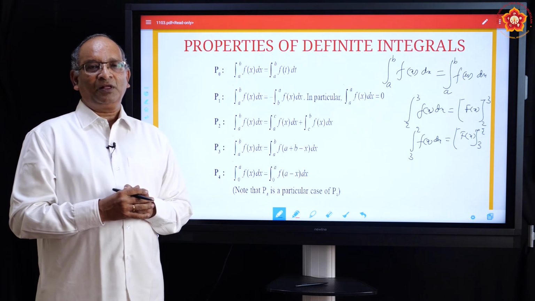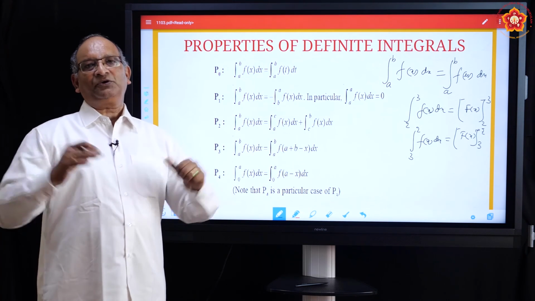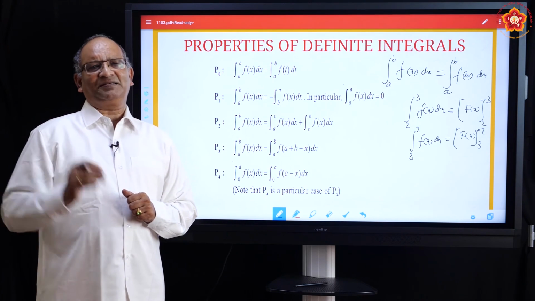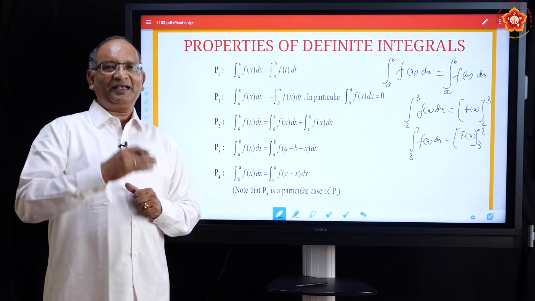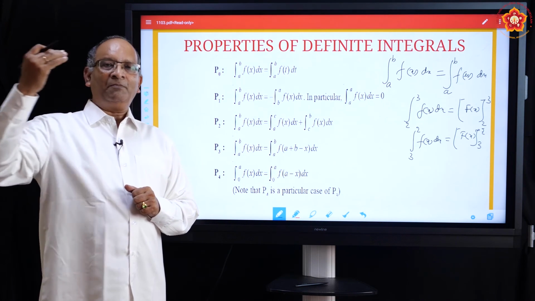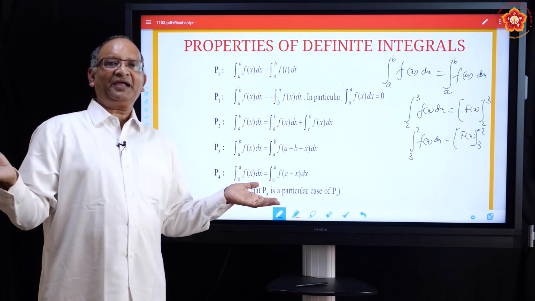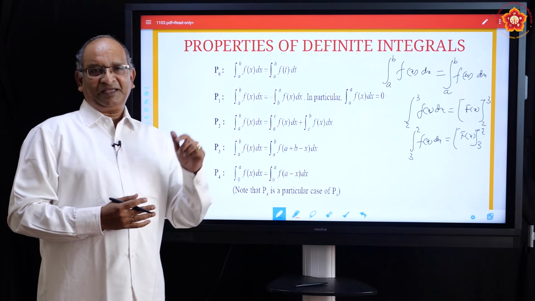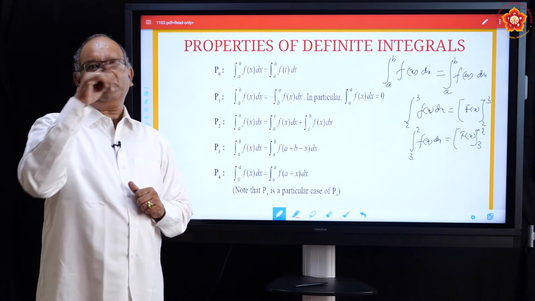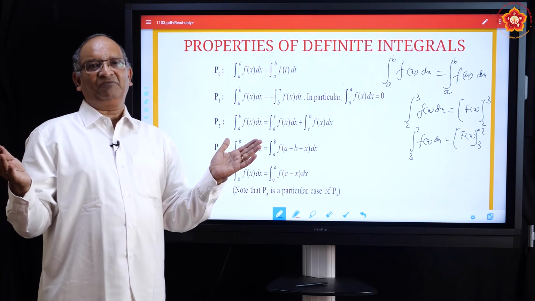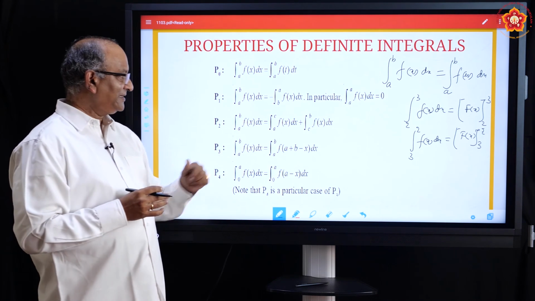What is this property? Now let us say you have limits 0 to 2π. If the limits are 0 to 2π, you can divide into any number of parts. Let us say we are just dividing into 2 parts. So if the limits are from 0 to 2π, I can write it as 0 to π, then π to 2π. Suppose the limits are from 1 to 5. I can break into 2 parts in so many ways: 1 to 2, 2 to 5; or 1 to 3, 3 to 5; or 1 to 4, 4 to 5. So in a given interval, I can divide the limits into any number of parts. That is the third property.